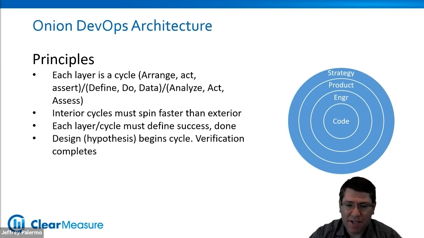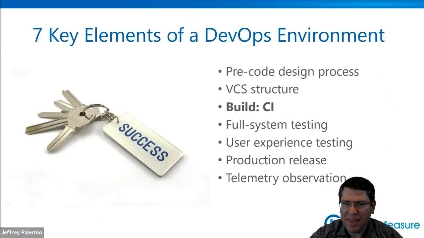And then the strategy layer is where we have the released version in the hands of our customers being used by them, and we're monitoring it and we're getting feedback. We're gathering data and telemetry, and we're coming up with new ideas for changes and future capabilities, and also bug reports that need to be cycled through fast.